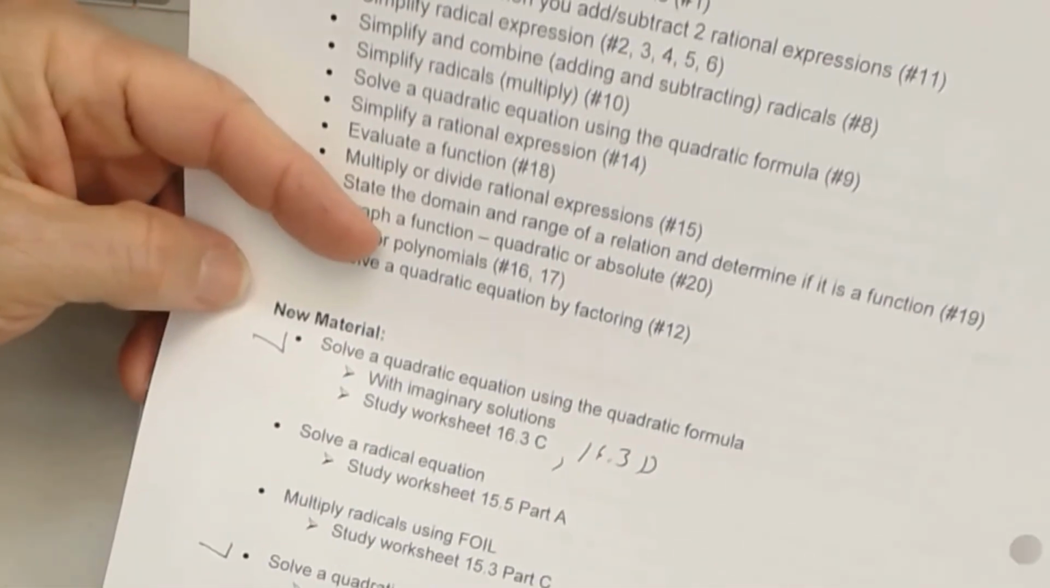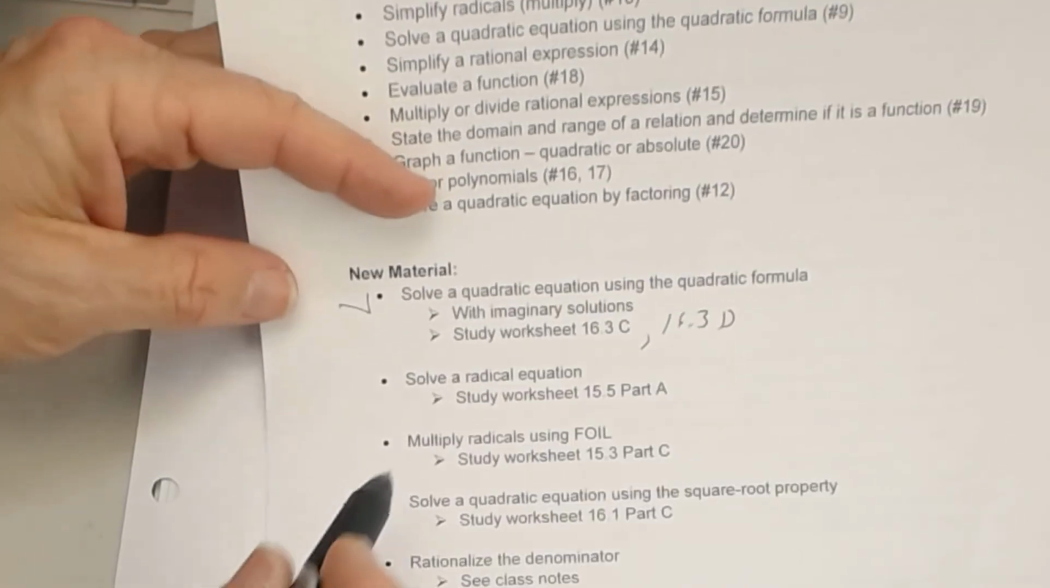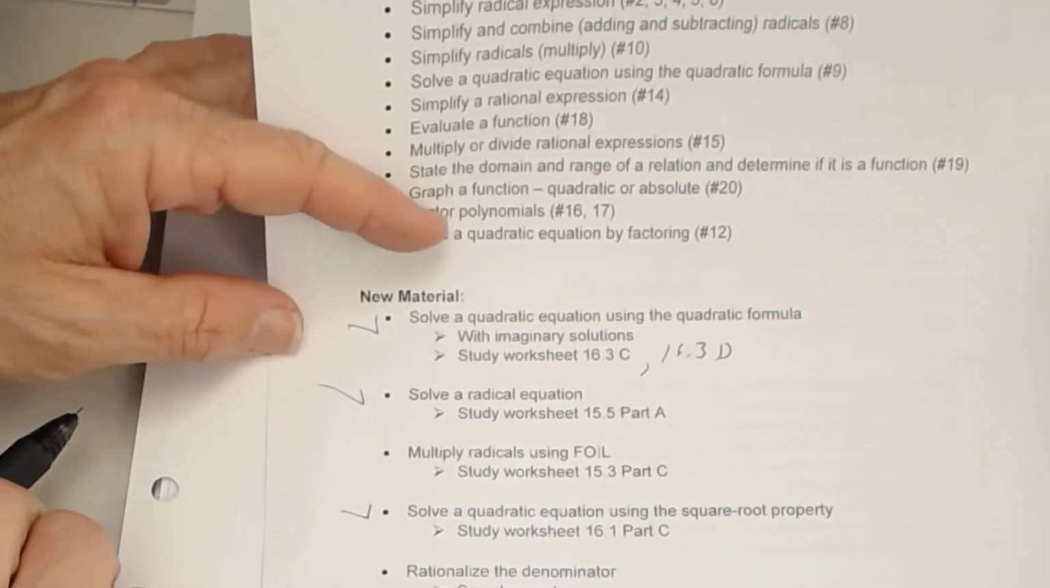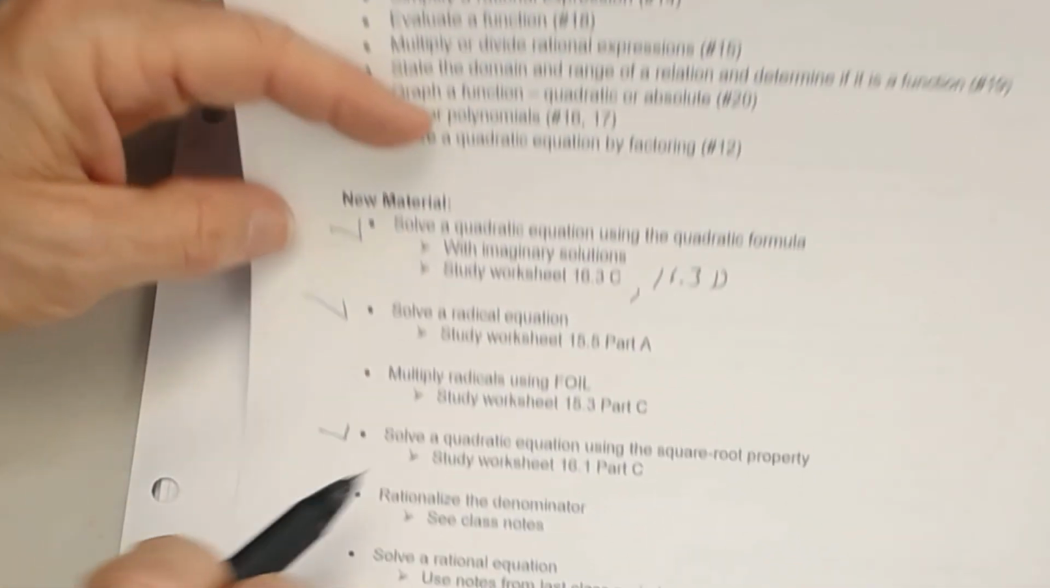Okay, so that takes care of this one. So you do have one radical equation on your final. They always have one. All right. Now, one of the worksheets you turned in was where you had to multiply square roots. Okay, so